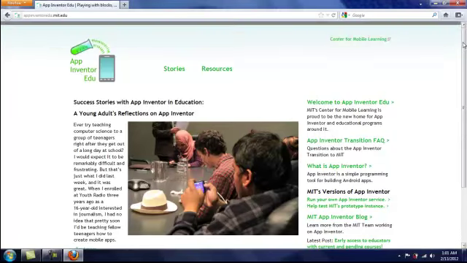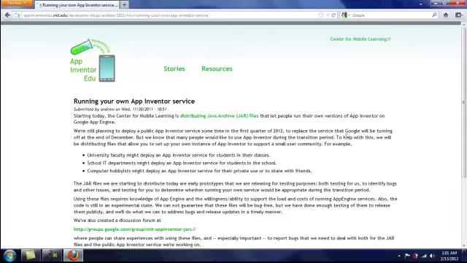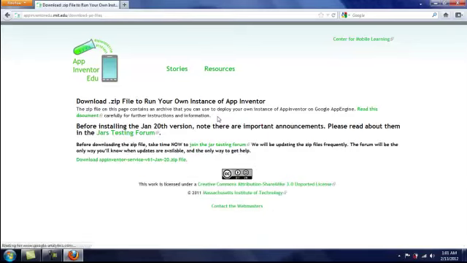and we're at appinventor.mit.edu, and we're going to click the link that says Run Your Own App Inventor Service. The distribution that we need is right up here, distributing the Java archive files. We're going to click that link,